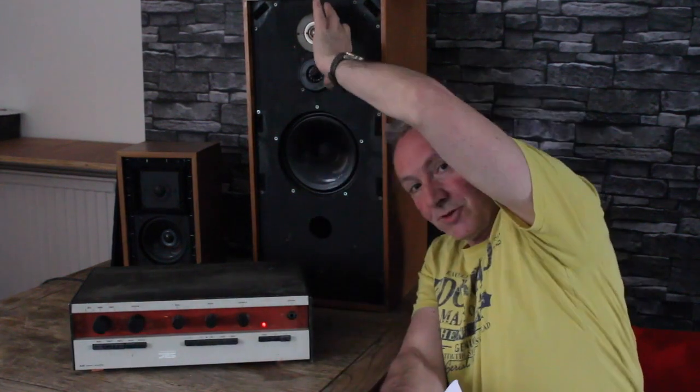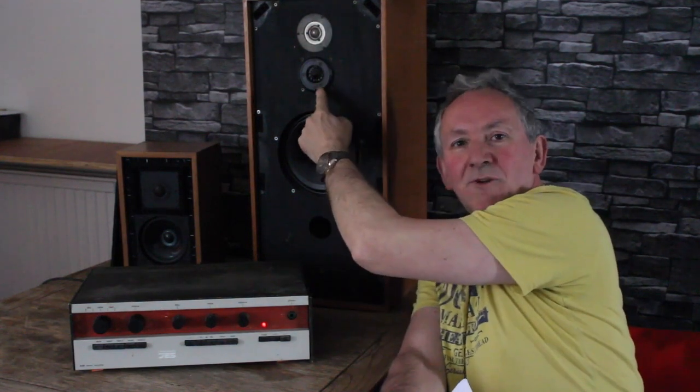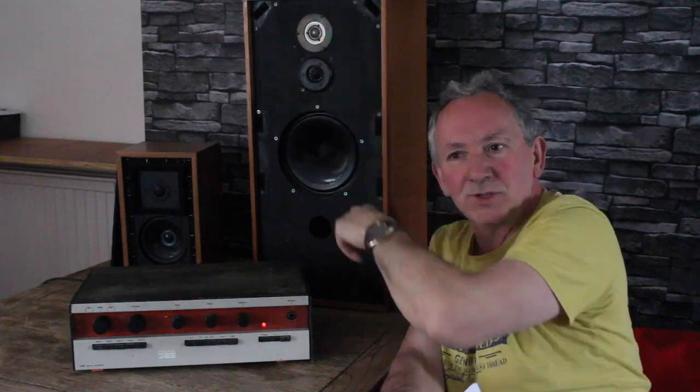Okay, the other thing I thought worth mentioning is about speakers. So you see these speakers here? These speakers here have two tweeters really and a woofer. This is not a mid-range unit, this is a tweeter and a super tweeter. This amp would be fantastic with a three-way, if you can get your hands on some nice three-way